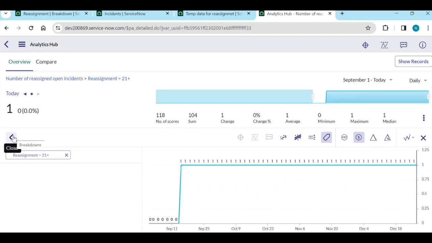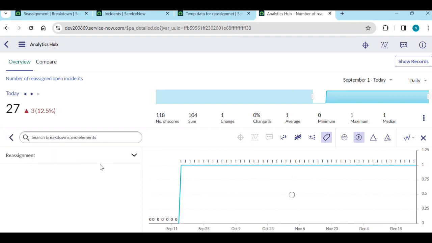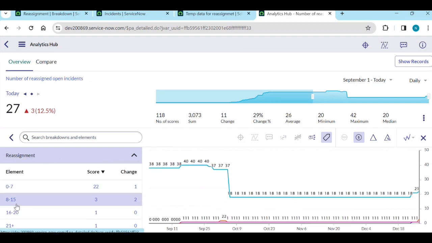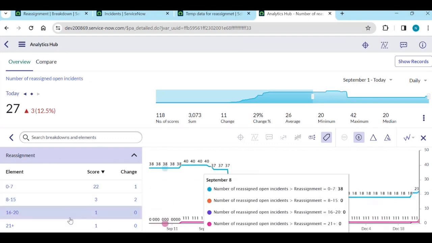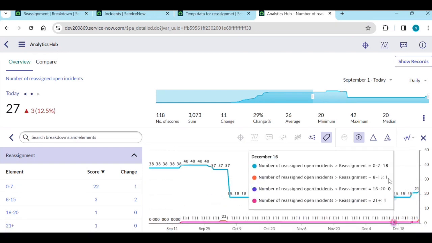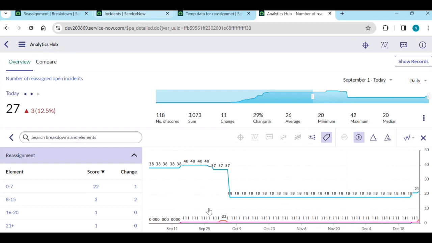Okay, so how many incidents are open? So that is simple, right? So you can see the reassignment count easily, and you can see the graph. Okay, so 16 to 20 or 21 plus. Okay, so how many incidents are open today? Okay, or something like that. Okay, so this is